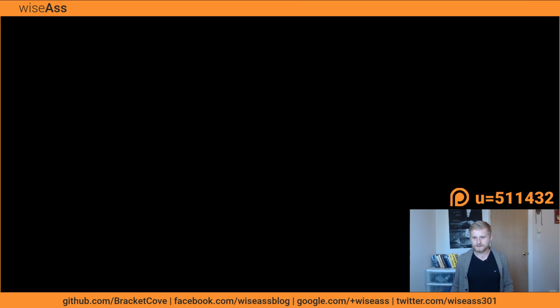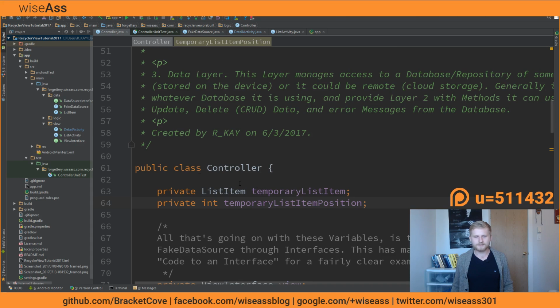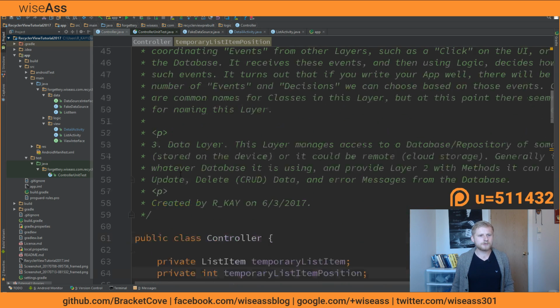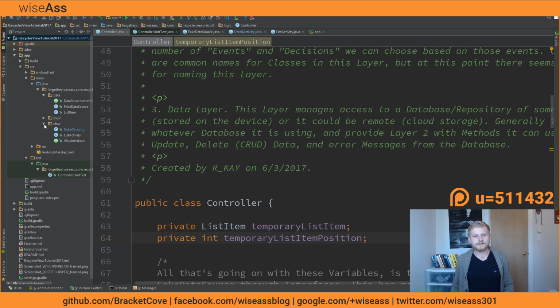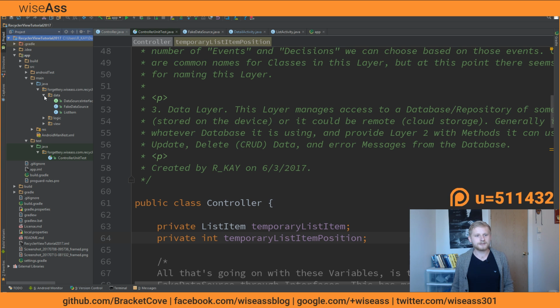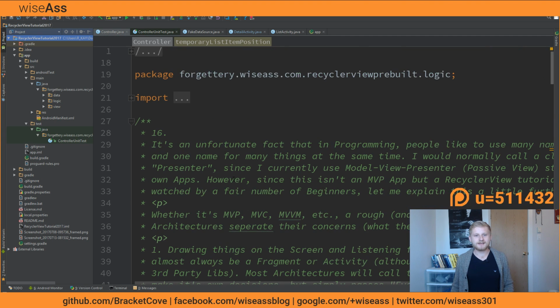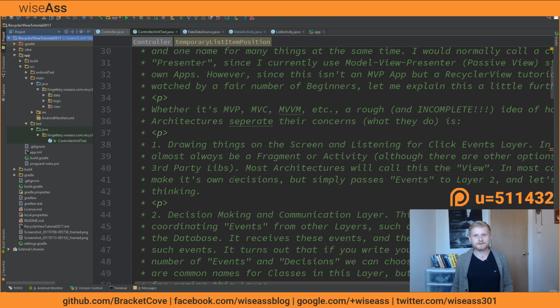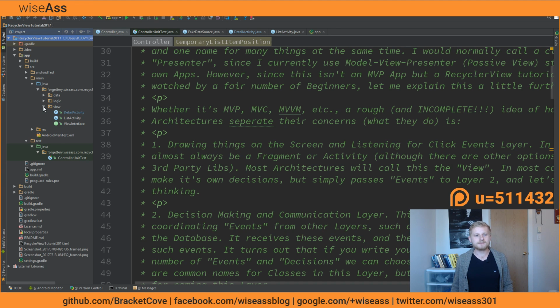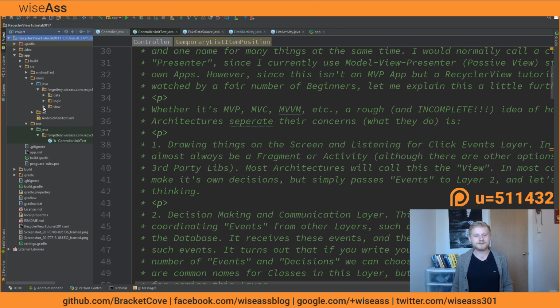Here we are. Why is that code not showing up? There we go. So I called the 3 different layers in this application data, logic, and view. And I specifically didn't say that this was Model View Controller or Model View Presenter or anything, but I would suggest you check that out, because basically you can pretty much think of it as Model View Presenter, or you can think of it as just a small part of a Model View Controller.